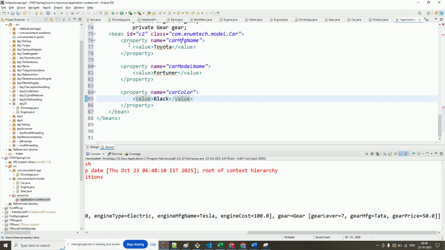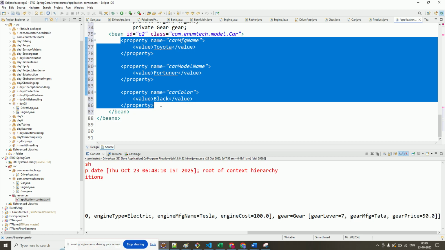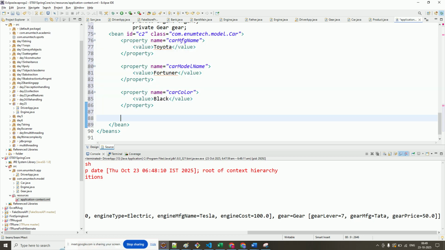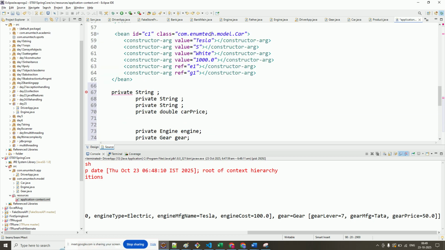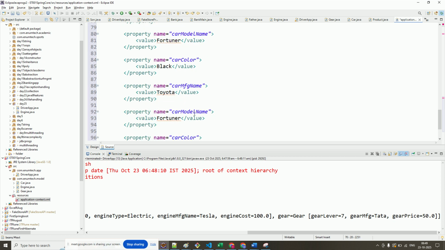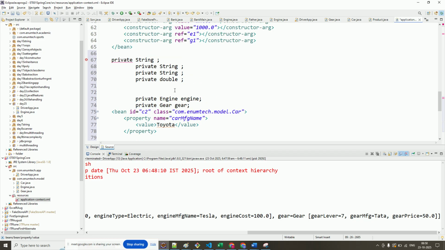Black color. And car price. 2000 units. Now what are we left with? And